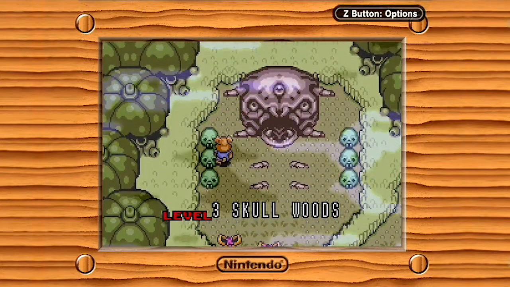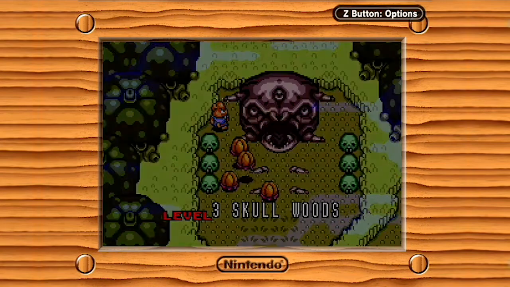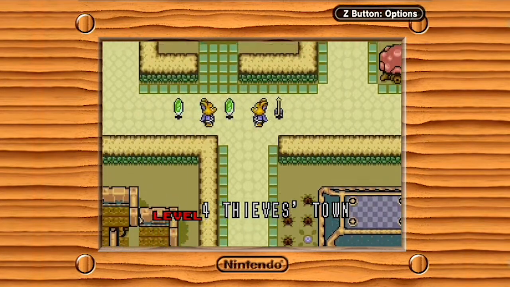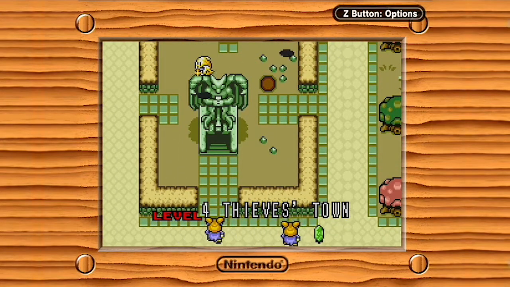We were focusing on the light world, now we're focusing on the dark world. That moblin is getting robbed by those pickets. But yeah, it's going to be focusing on the dungeons instead of the locales. Makes a lot of sense since this is pretty much...